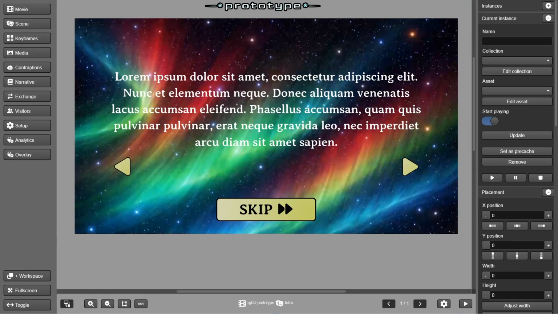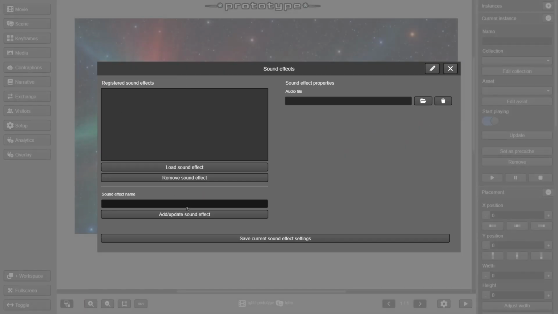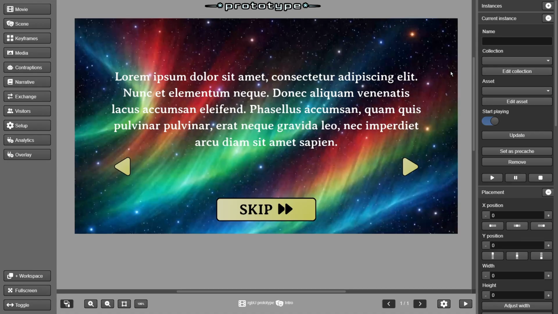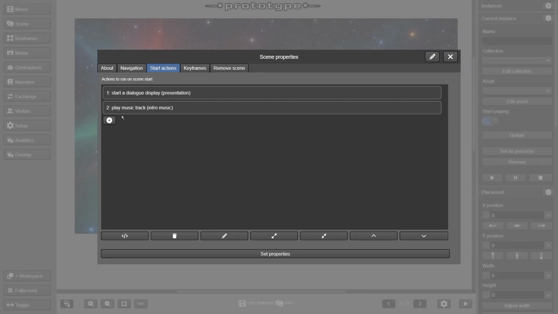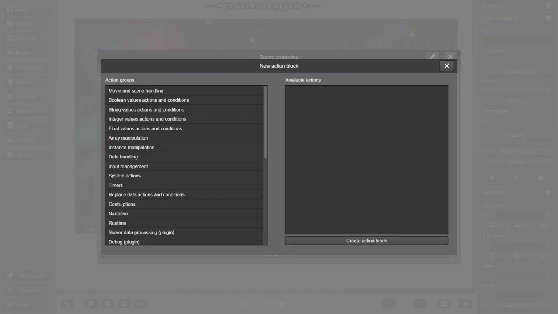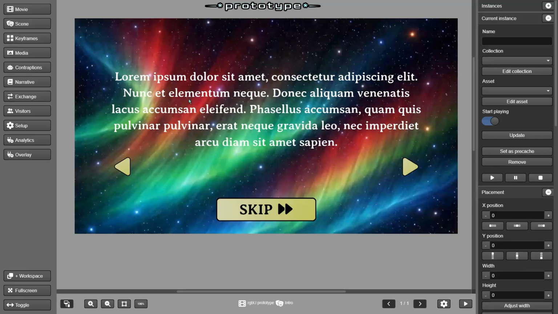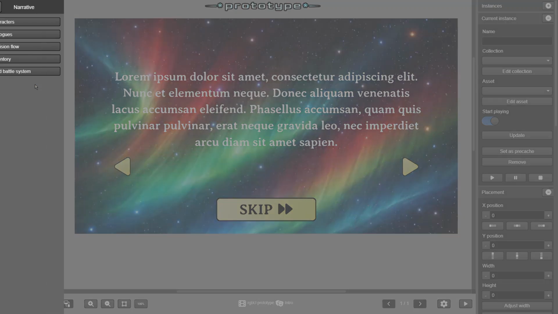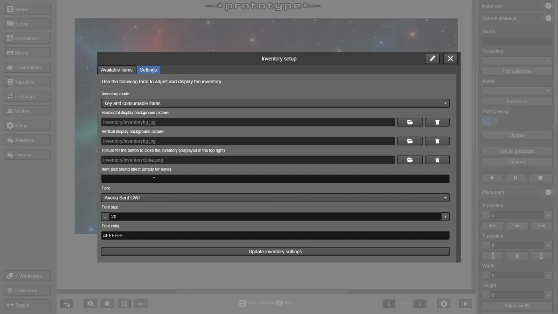In addition to music tracks, you can use a similar feature for sound effects by configuring the corresponding contraption. Unlike music, sound effects play only once and then stop. Furthermore, they can be layered, making it possible to play more than one at the same time through actions. In addition to being used in actions, some settings accept sound effect names, such as the use of an item.